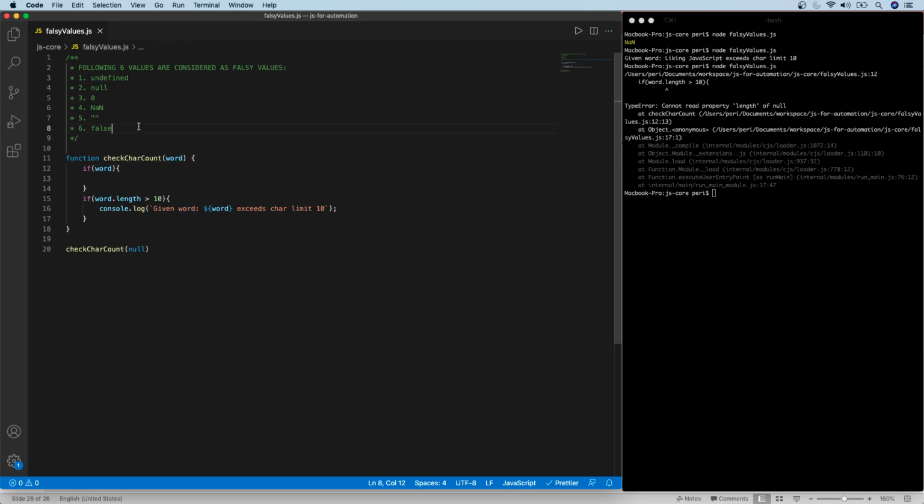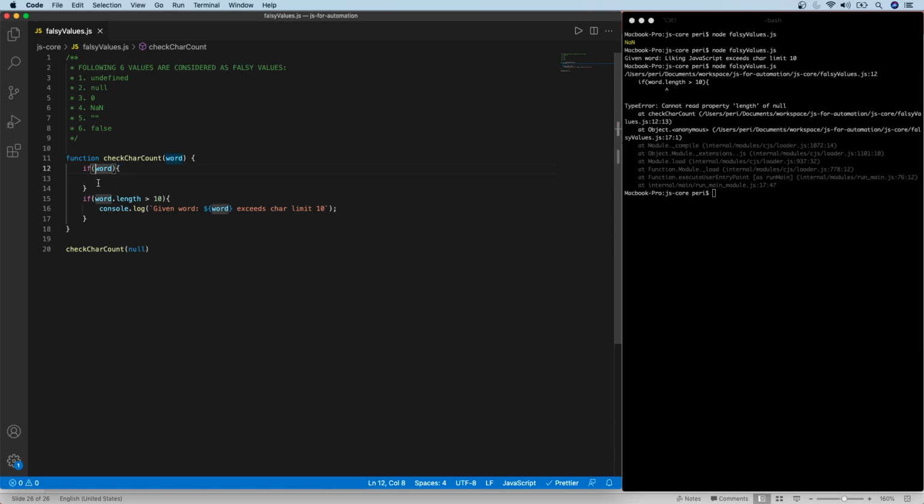So what is a truthy value? Anything other than these 6 types will become truthy in JavaScript. If you provide a valid string, that will become truthy. If you provide a valid array, object, function, anything, that will all evaluate to true except for these 6 types. Remember, that's what the falsy values are. As we know, if will execute this block only when the condition is true. Yes, that's a very basic thing. So if true, then execute this.